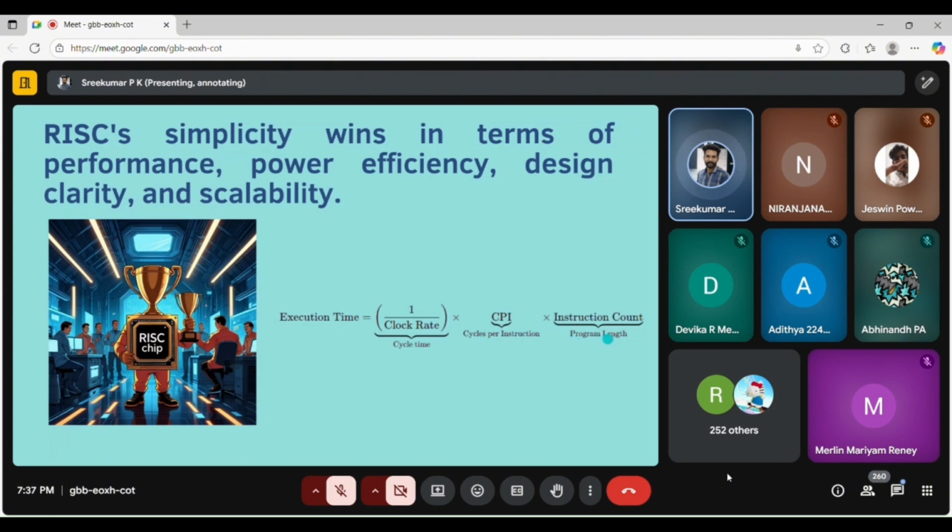Also, by code optimization, they are reducing the instruction count. Code optimization is done by the compiler or the tool with which the embedded system developer develops the code. So these are the things which determine the winner, which is RISC. So it is the winner here. So now let's proceed to the next slide.